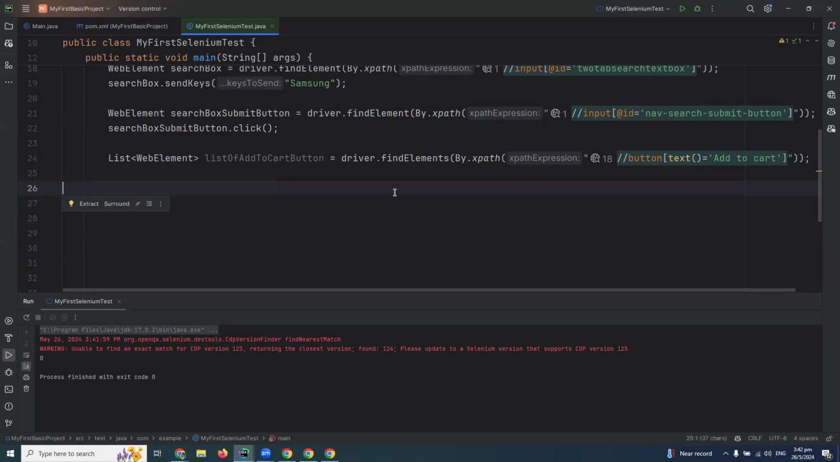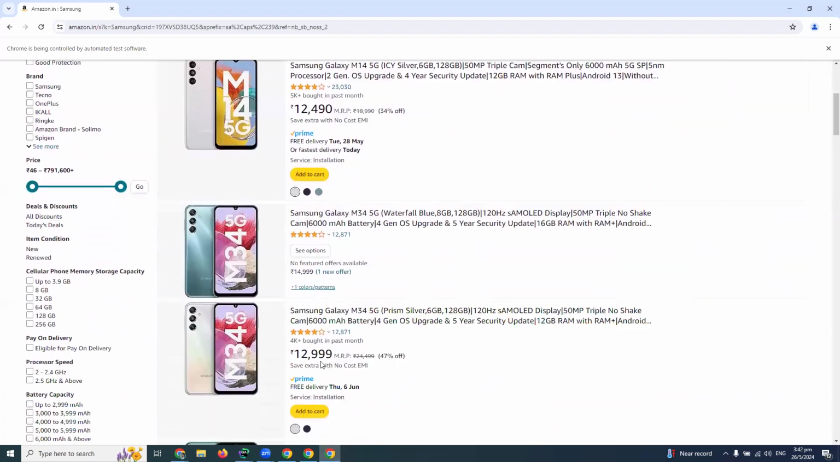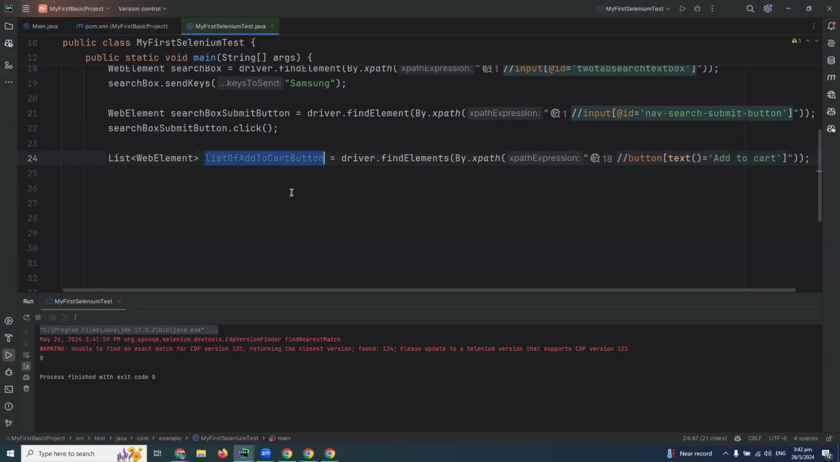Okay, now what I really wanted to talk about is, what's the next step? The next step is I need to click here, click on add to cart, and click on this add to cart. Okay, how will I do that? I need to click on the add to carts. To do that, I will go here and say